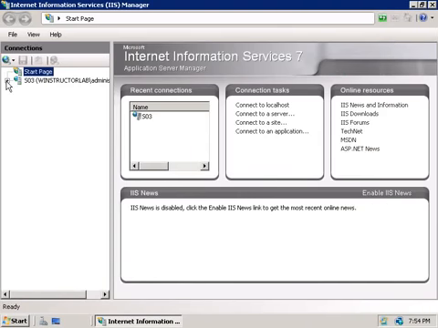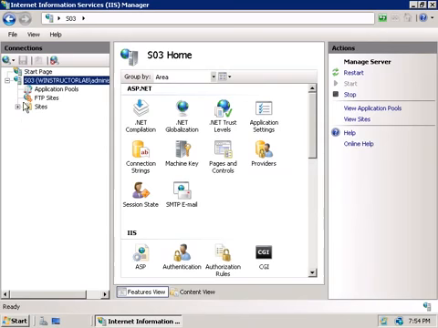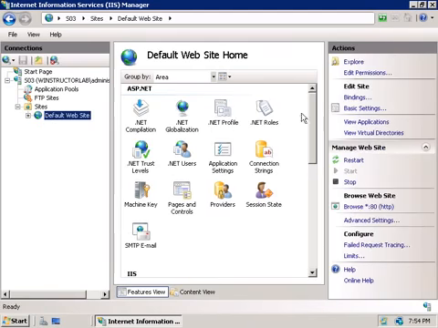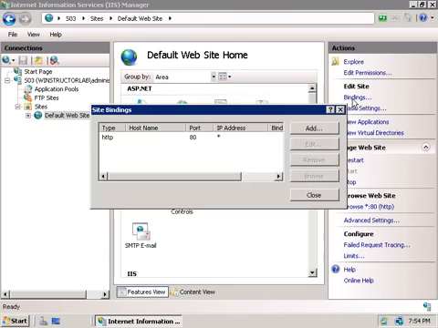Now we'll expand our server here, SO3, we'll expand Sites, and then we'll select our website, and since I only have the default website here, I'm going to choose that. And on the right hand side here, under the Actions pane, we'll choose the Bindings hyperlink. Now, in the new window that appears, we can see here that for our default website, we're currently not using any hostname to reference this site, and normally for a single site that's fine, from a functionality perspective at least,